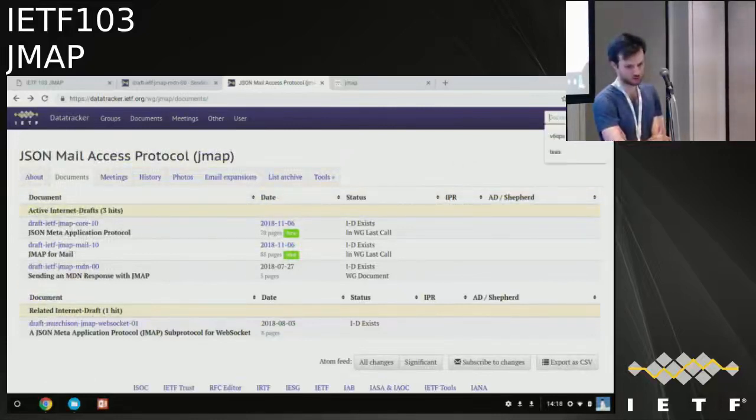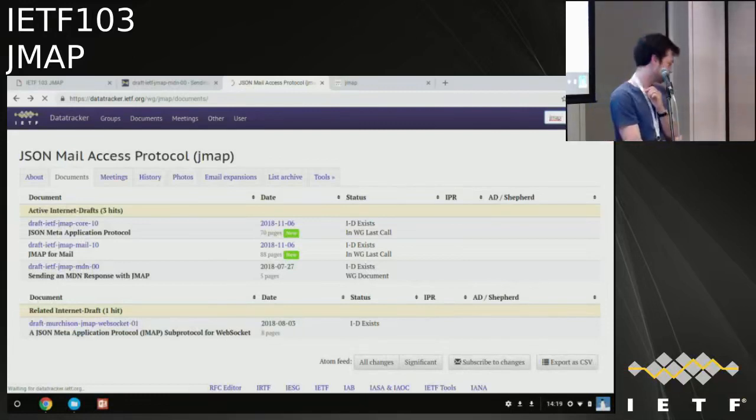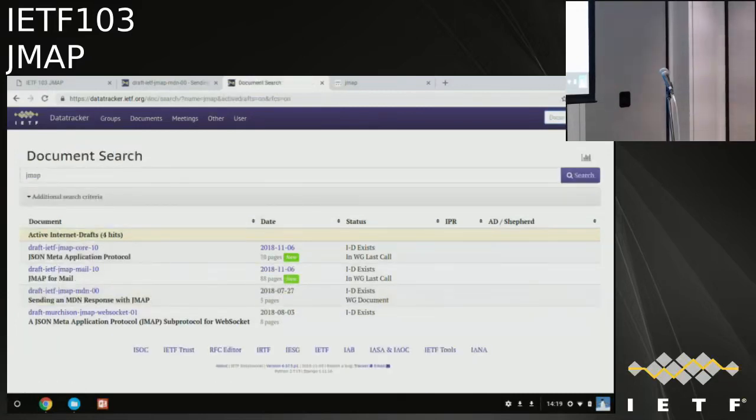No, I think you just need to search for JMAP, and then, well, unfortunately, then you need to search again for expired drafts. It's waiting. Okay. Well, it's probably, anyway, there isn't much point to discuss it.